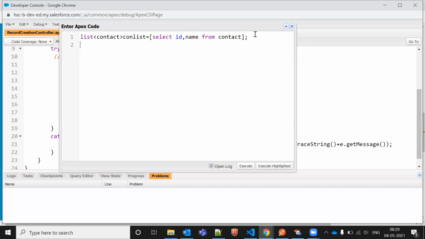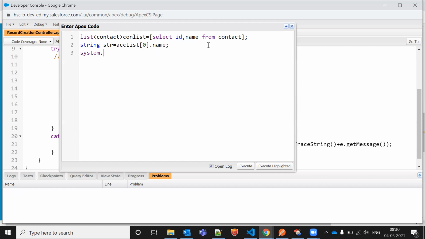After that, I'll do String str is equal to ACC list indexing 0 dot name. Indexing always starts from 0 only. So you're trying to fetch the first record.